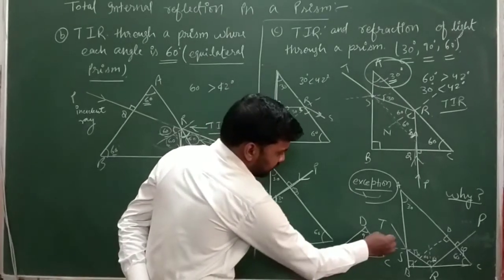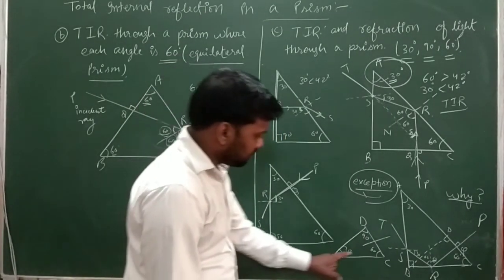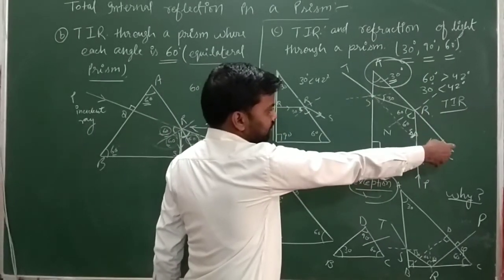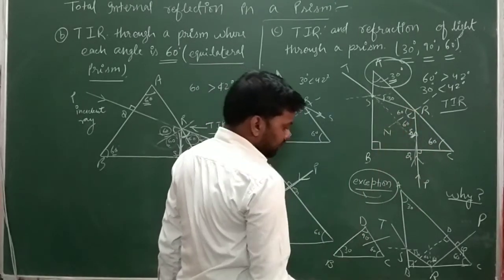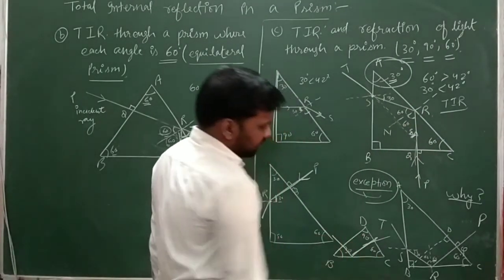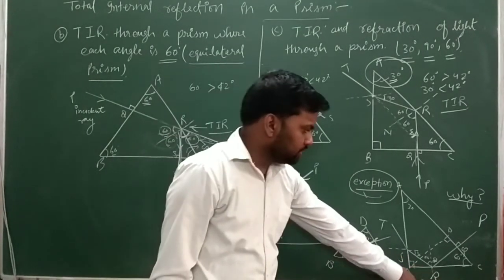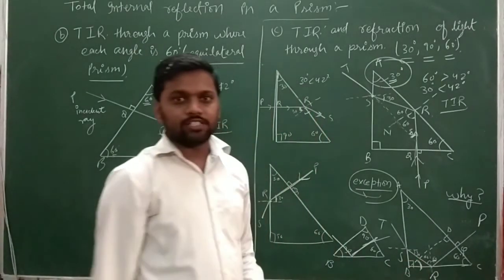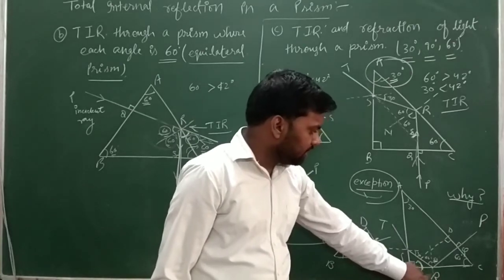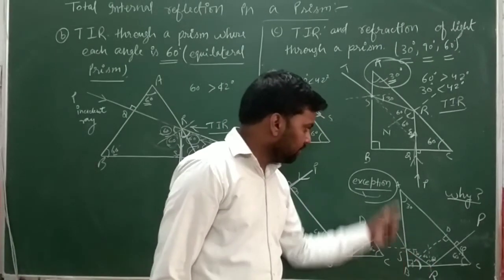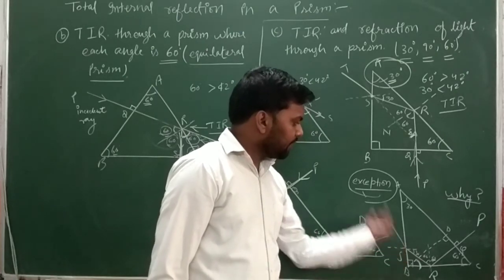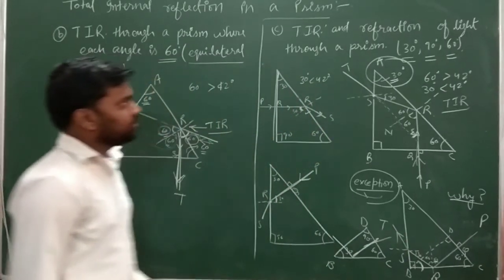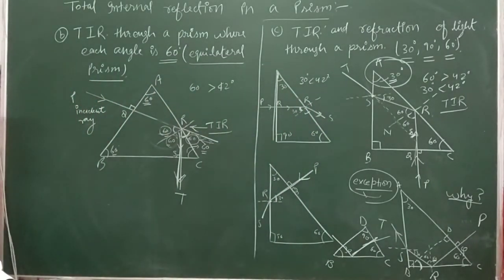So we are throwing the light on this side, that is opposite to the 30 degree angle side. Similar in this case. Okay, we are throwing the light through this side, so what will it show here? Total internal reflection. It is happening due to this reason, that the angle made here, this angle, is 30 degree. That's why it is making total internal reflection here, and the light is reflected on the side AB, and after this it is refracting at this point. Okay, and we obtain the light ray SP here. So these were the cases of the prism which has total internal reflection.